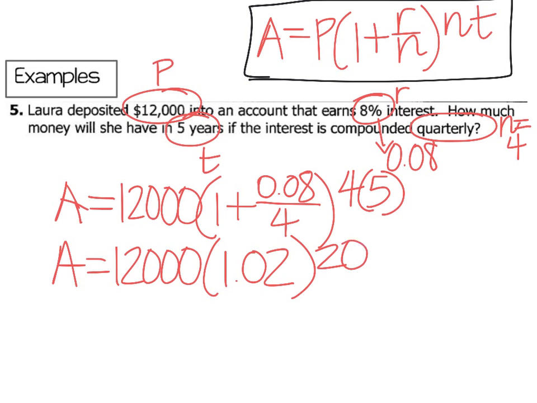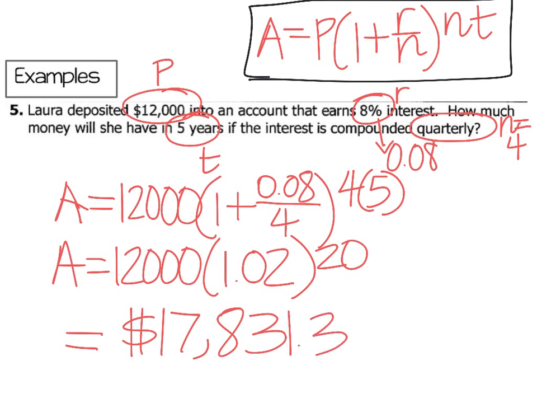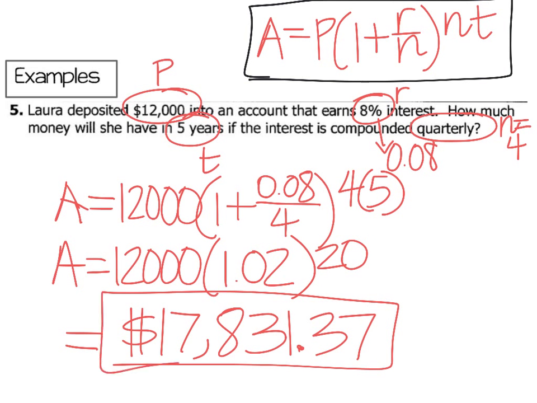Then we plug this into our calculator, 12,000 times 1.02 to the 20th power. And we're going to get that she has $17,831.37. All right, this is how much money she'll have after 5 years if she earns 8% interest and it's